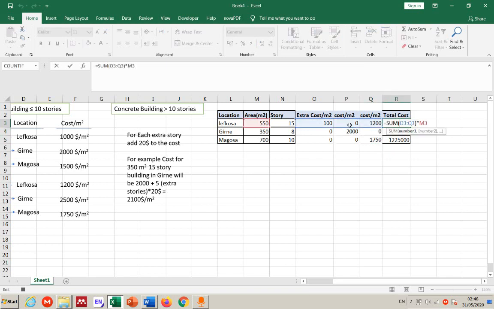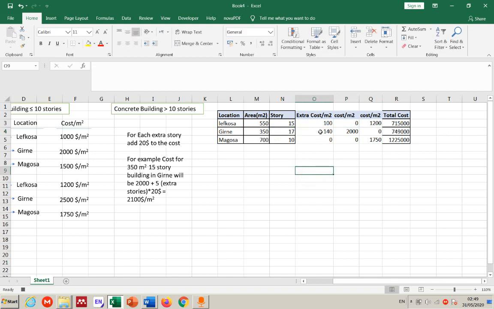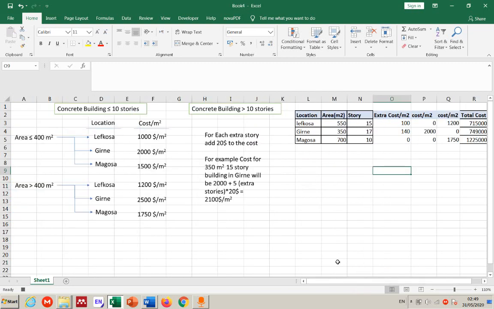Now this is with the summation of those. So if you change anything, let's say this is 17 stories, I have extra, check it manually. Remember, when you do things, you have to check manually to see if it is working the way we want it. Now let's say Girna, Magosa 700, let's make this one to be